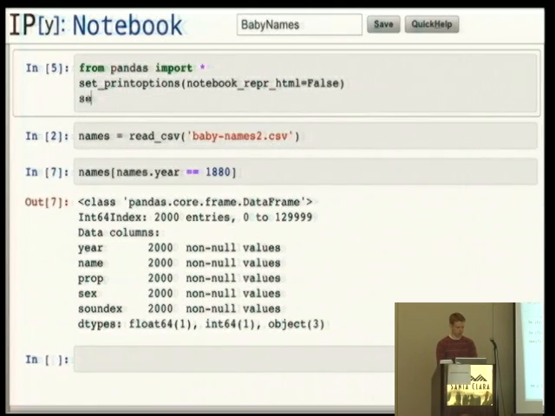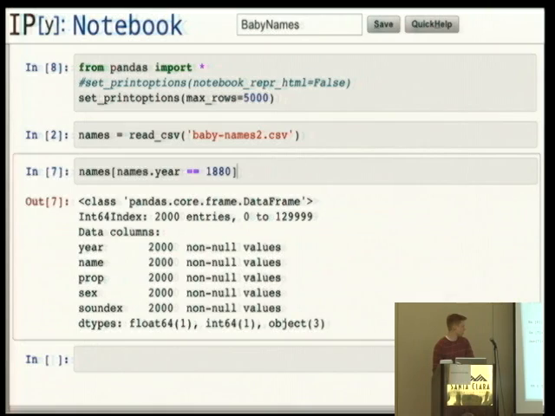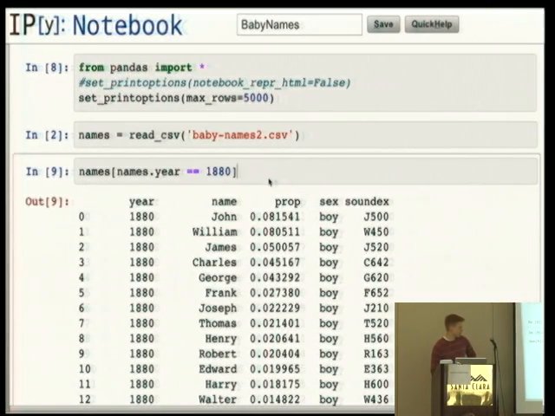let's see, up here I'm going to do set print options. You can do this yourself if you want. I'm going to call it max_rows, max underscore rows equals like 5,000 or something. Feel free to do this if you wish. So I do that, and that prints out a big